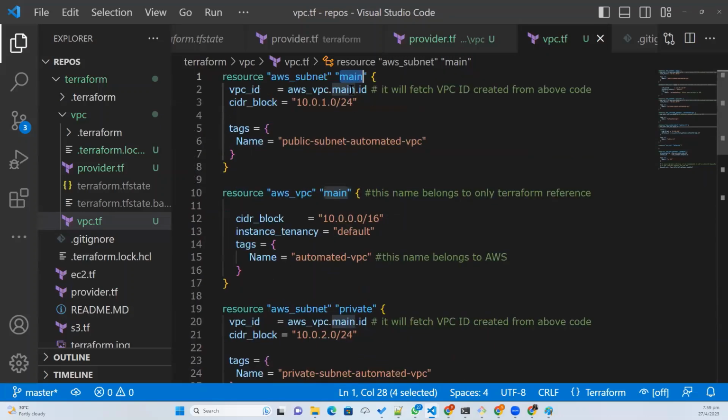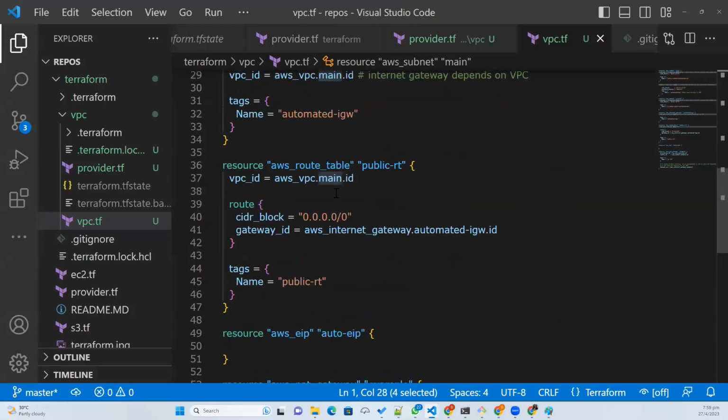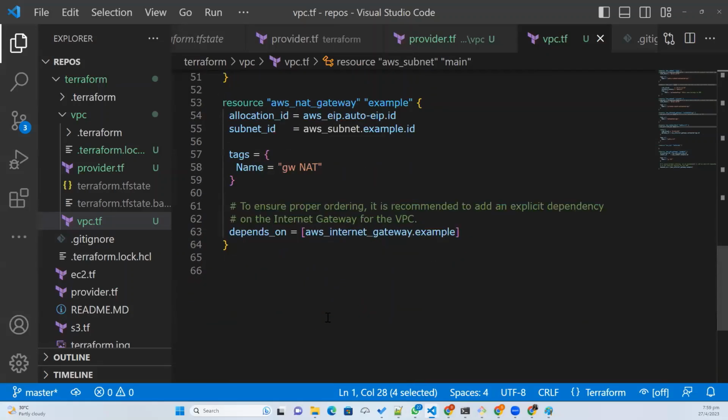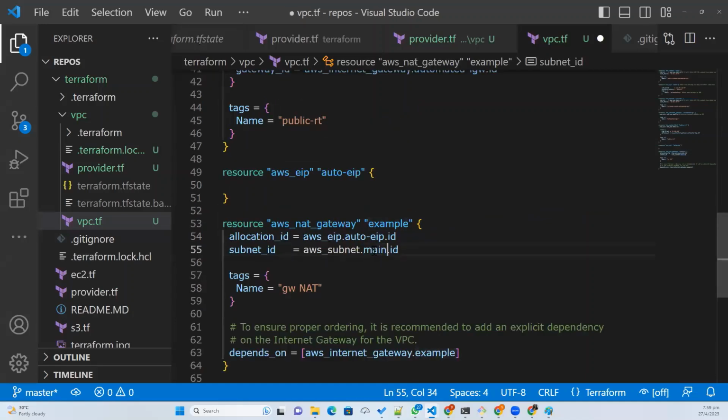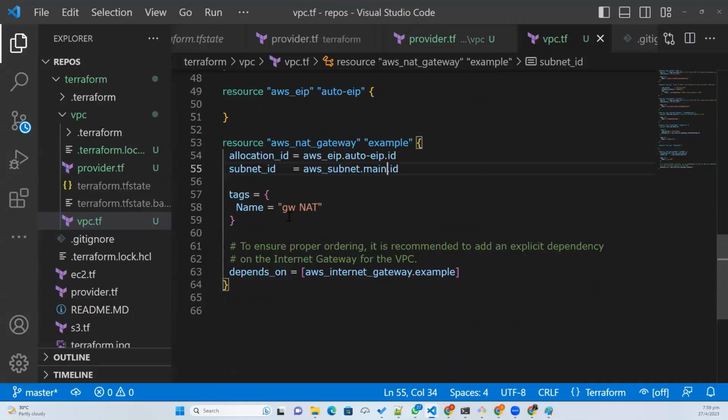Usually you give it as public generally, okay? But I gave the name already as main. So just copy it as main only. Dot ID. Then it is naming it as automated NAT